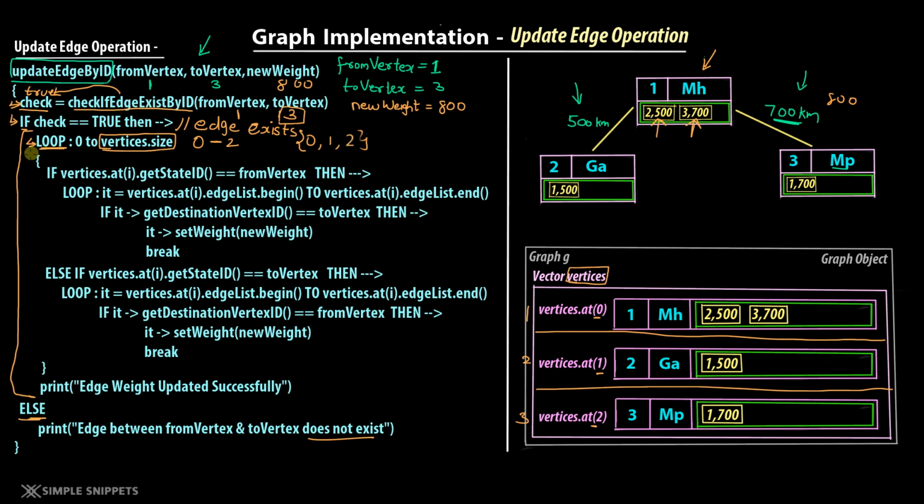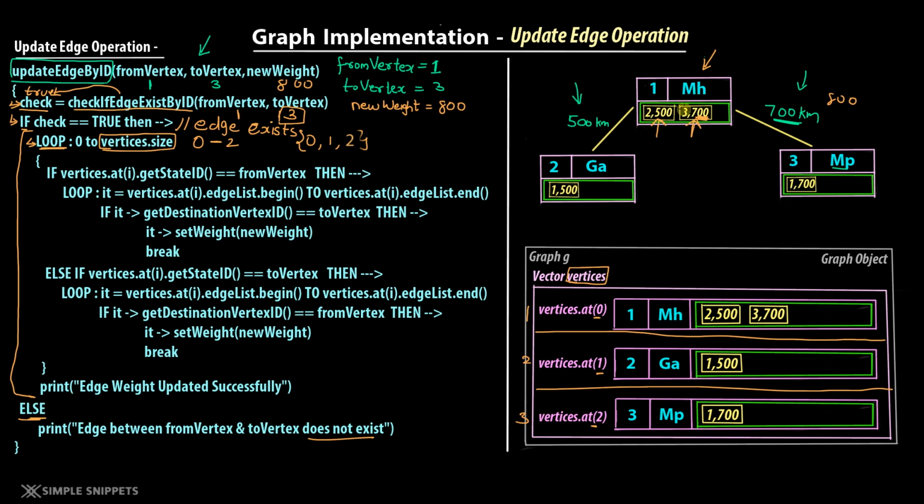Okay. So why are we running this loop? This loop is basically going through all the vertices in this vertices vector, and whenever you find an edge between Maharashtra and MP or MP and Maharashtra, then you make that change of 700 to 800. Now remember, I already said that our graph is an undirected graph, which means if there is an edge between Maharashtra and MP, there is also an edge between MP and Maharashtra, which means there are 2 entries of this